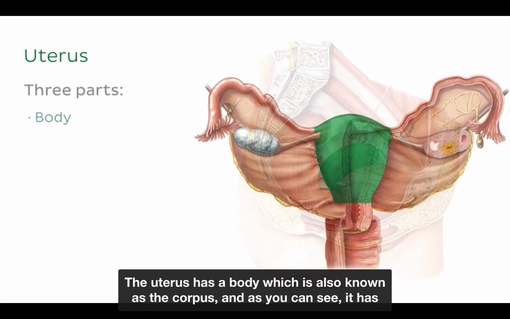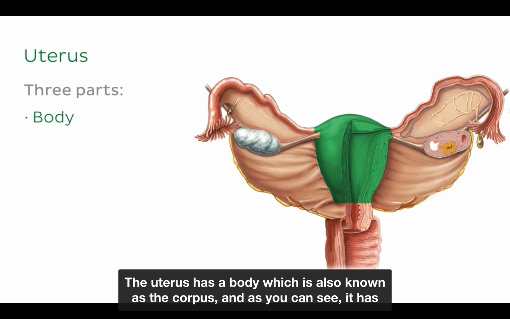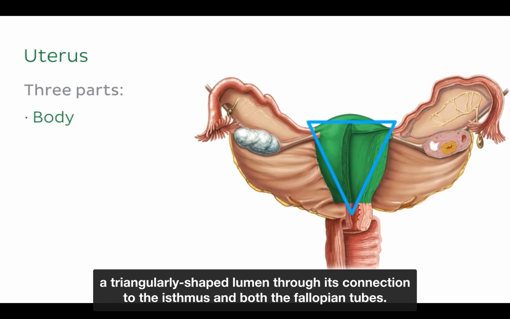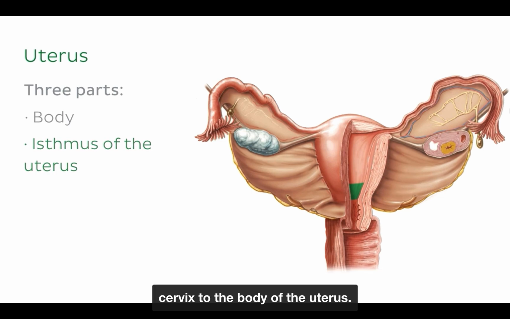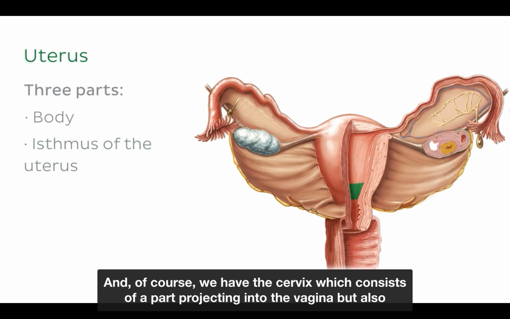The uterus has a body, which is also known as the corpus, and as you can see, it has a triangularly shaped lumen through its connection to the isthmus and both the fallopian tubes. The isthmus of the uterus is a short, narrow passage or constriction that connects the cervix to the body of the uterus. And of course, we have the cervix, which consists of a part projecting into the vagina, but also